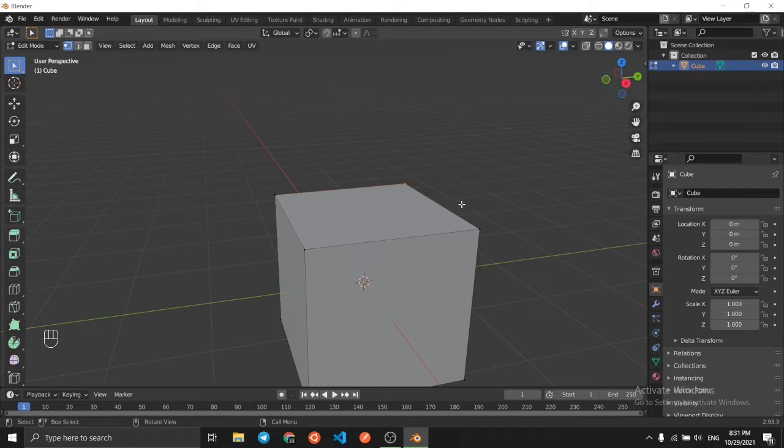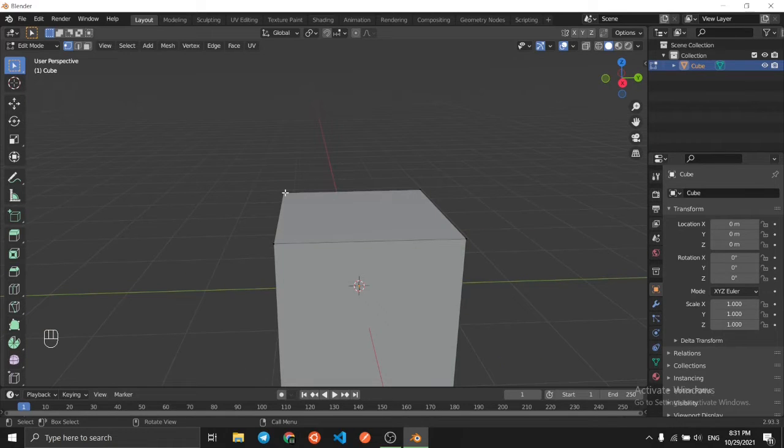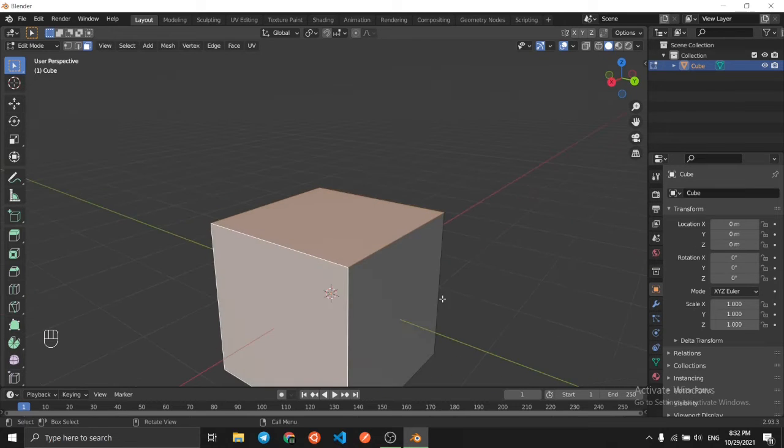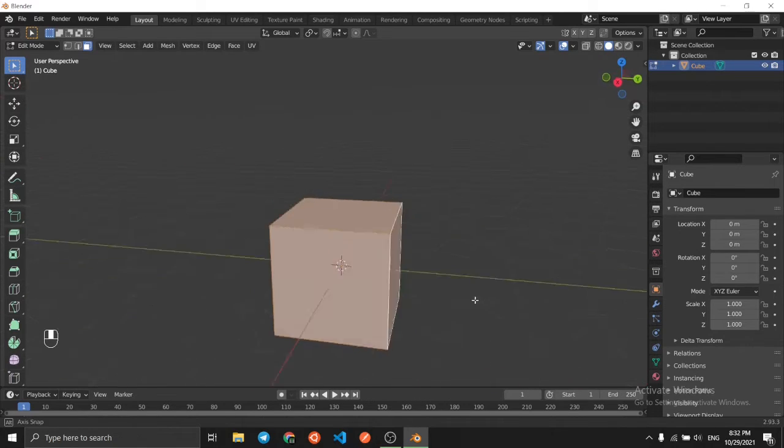You can use this selection square cube, selection square arrow. If you press shift, you can select multiple vertices. If you will select this option, you will be able to select only edges, and the same for faces. Faces selection tool. Okay,